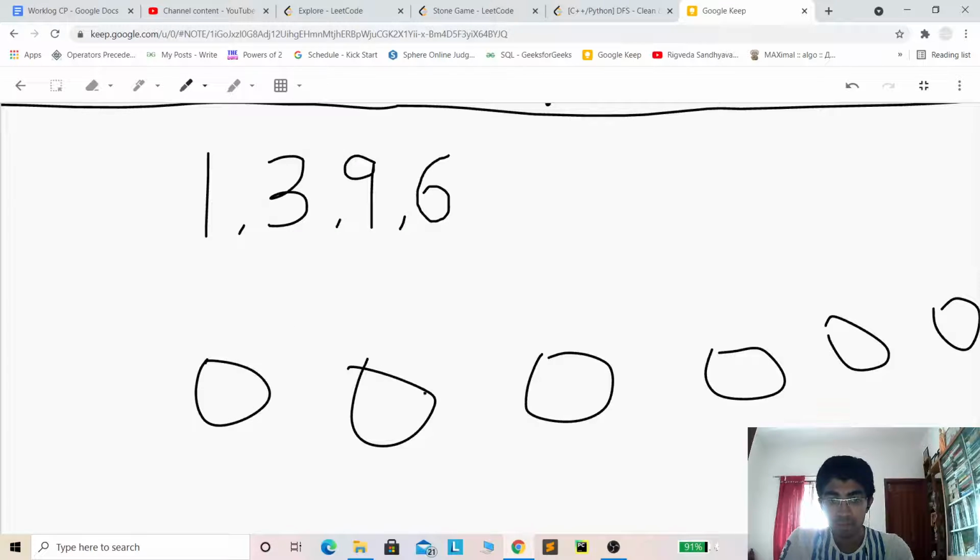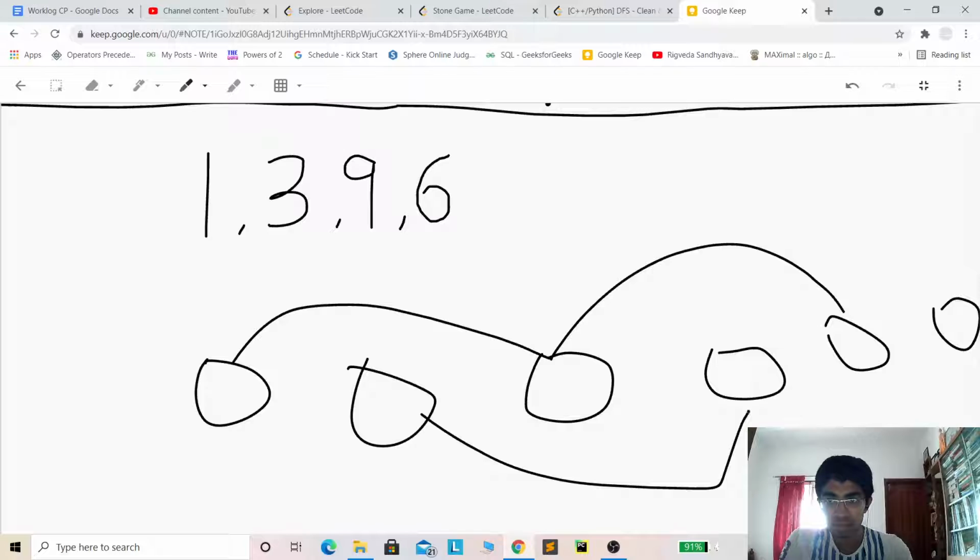There is also one more condition, that the sum of the array elements is odd. So either the first plus third plus fifth, or the second plus fourth plus sixth, one of them should have a greater value than the other because the sum is odd. So Alex, before playing his first move, can calculate which one has the greater sum and then play his move accordingly.